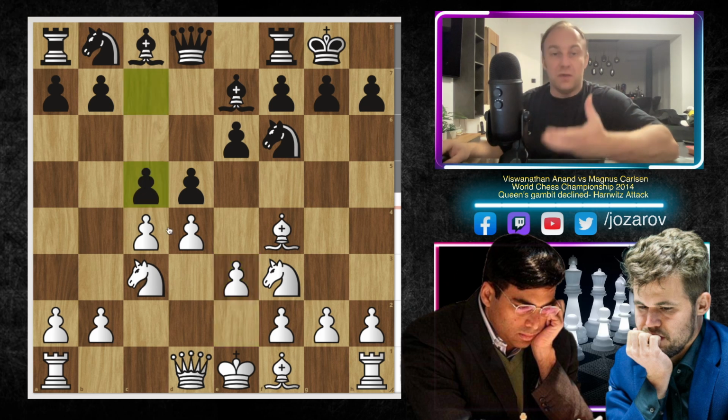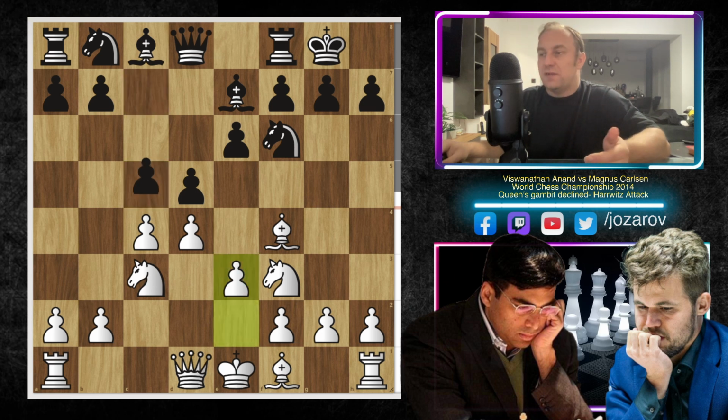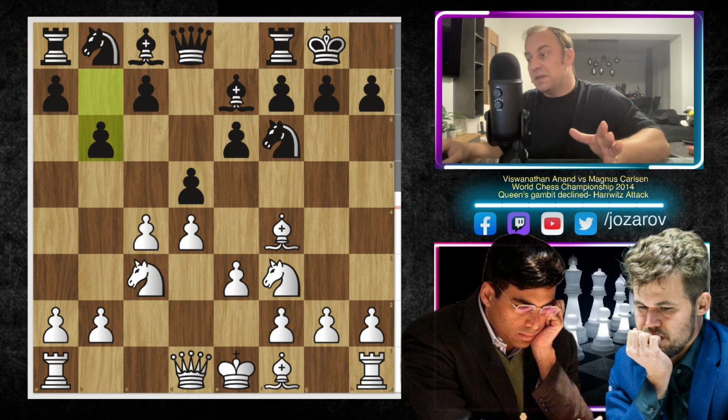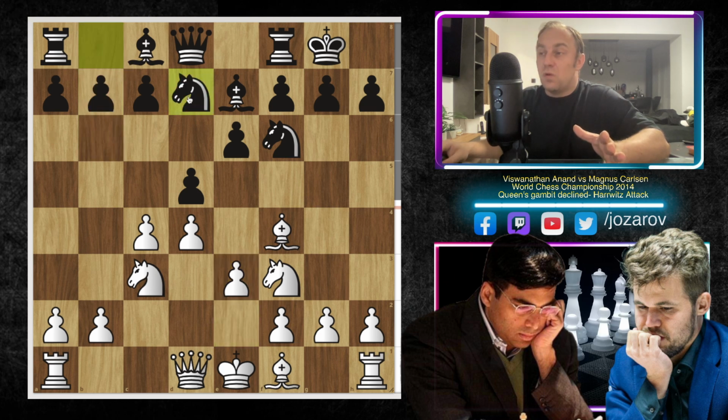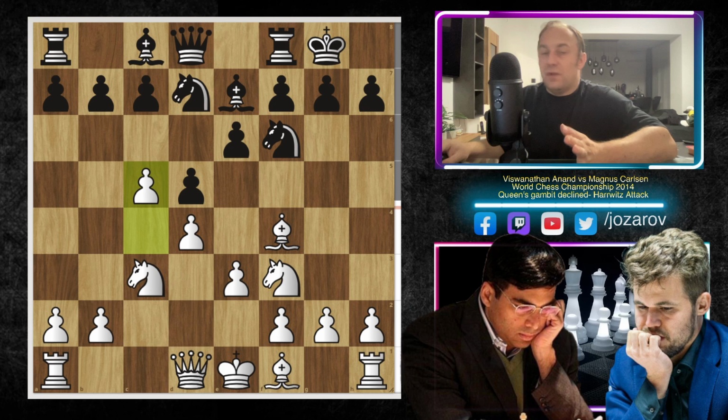We have analyzed the move c5, which is in my opinion really one of the best ways to proceed here, a very aggressive method. We have also analyzed this fianchetto defense with the move b6, but today we're starting now with the so-called two knights defense against the Harrwitz Attack. And there are now several things to say immediately about this position. I recommend you, my real honest recommendation, whenever you see this happening, c6, whenever you see a6, whenever you see knight from b to d7, your continuation should be simply the move c5.